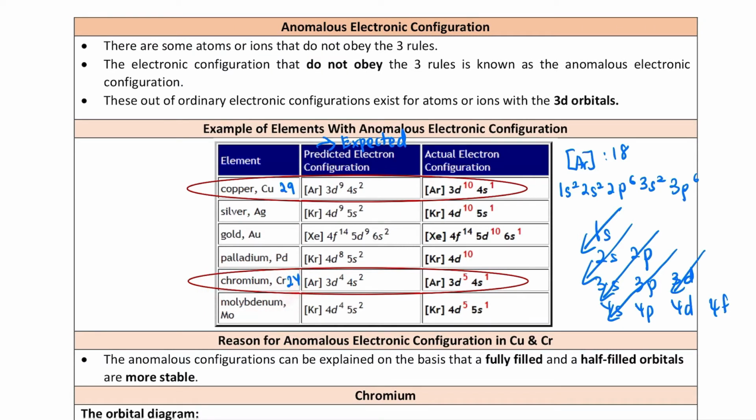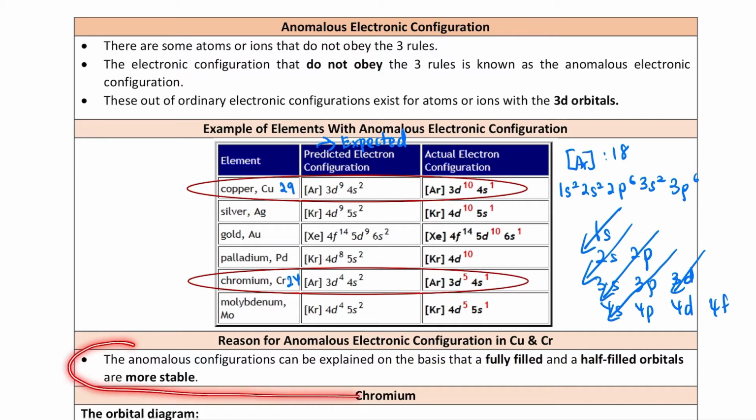Next, chromium pula. Chromium there are 24 electrons. So electronic configuration looks like this. Okay, argon 4s2, 3d4. Okay, but it turns out the actual electronic configuration adalah argon 4s1, 3d5. Again, dia violated rule of Aufbau, Hund's rule, semua tu lah. Okay. So, bila dia melawan itulah yang kita panggil anomalous electronic configuration. Okay. So, we need to look lah the reason why anomalous electronic configuration ni berlaku dalam copper and chromium